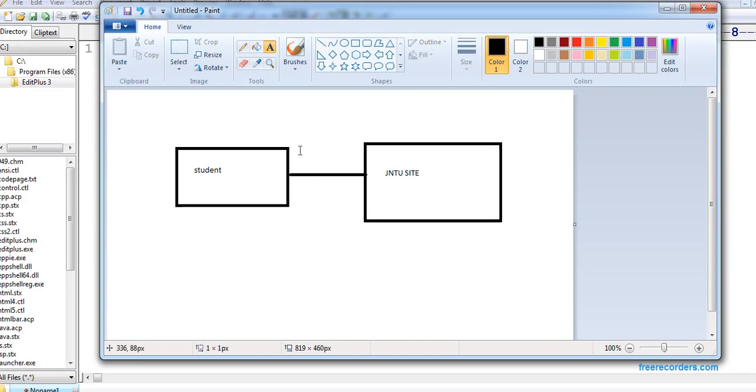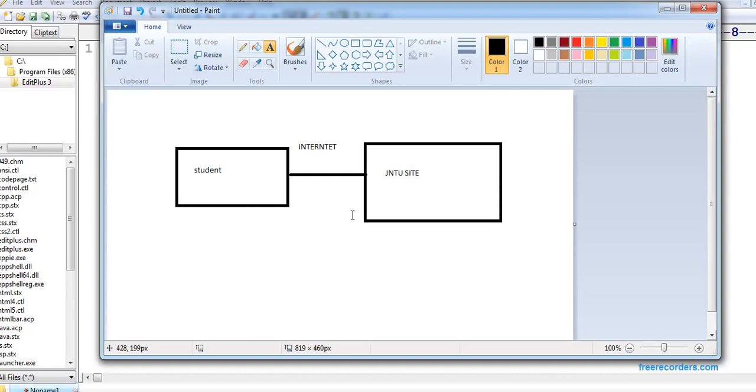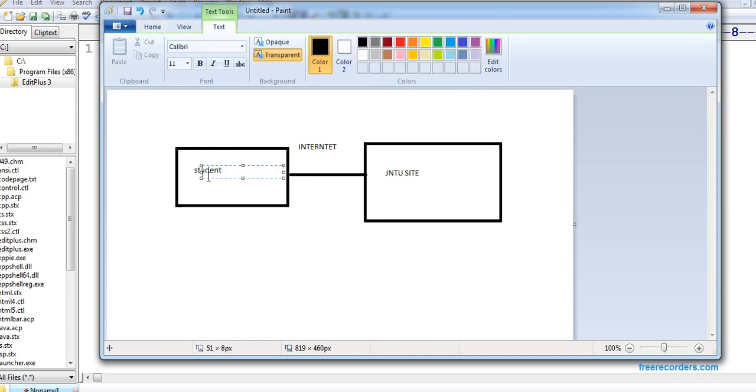How does the interaction go? It goes with the help of the internet. Now will he directly connect to the site? I mean to say, is the application provided by JNTU directly accessible by a student? No,